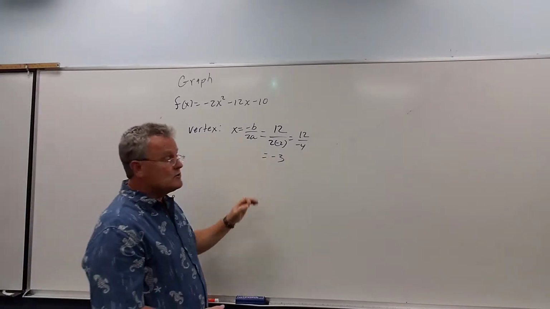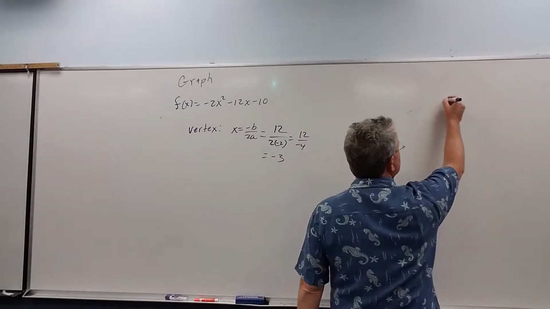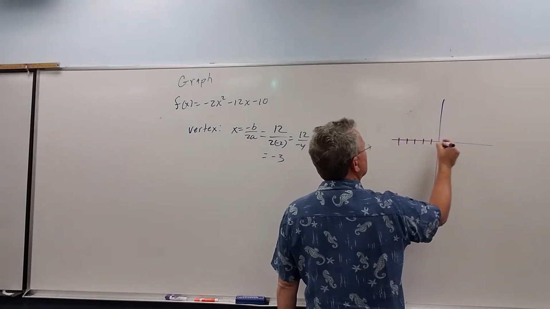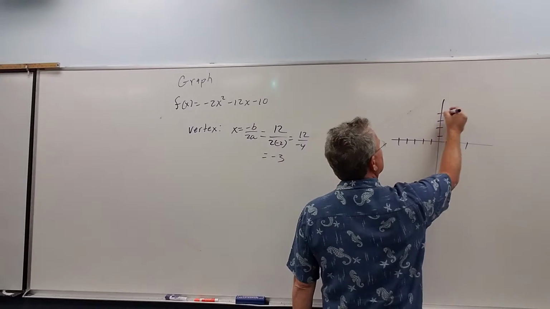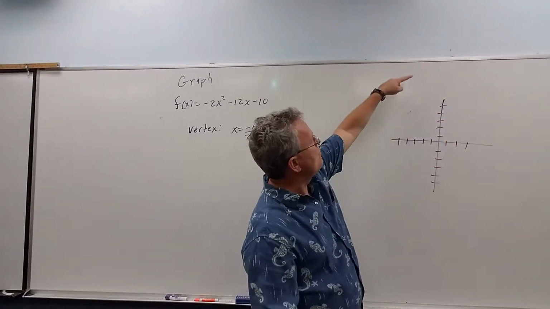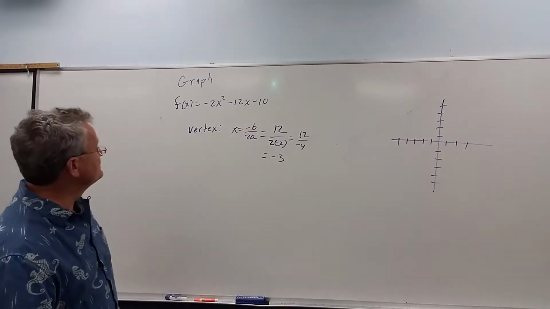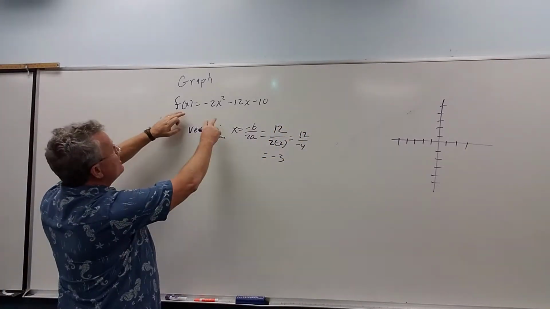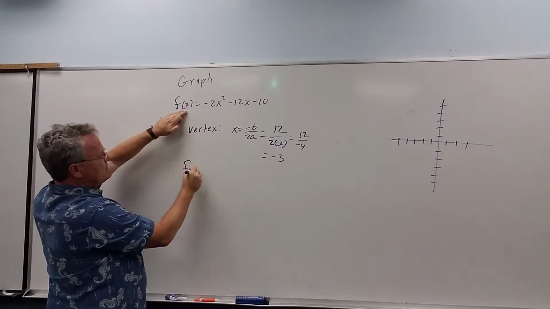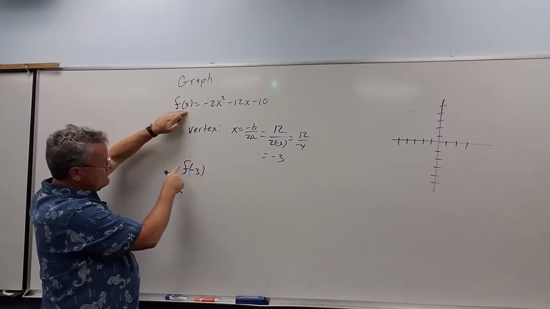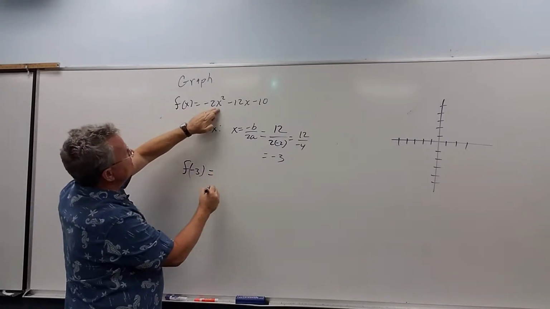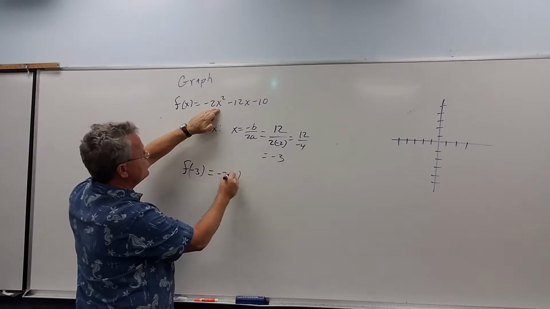What is the y coordinate? So in other words, when we graph this, x is negative 3. Now we have to figure out where on the y part is the vertex. To find y when x is negative 3, that is nothing more than the value of my function when x is negative 3. So I plug in negative 3 wherever there's an x